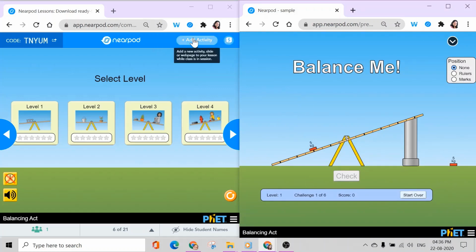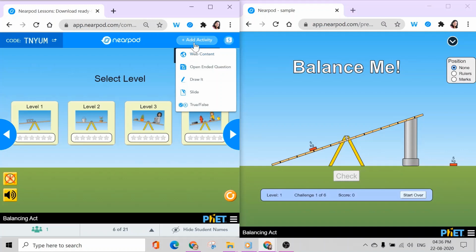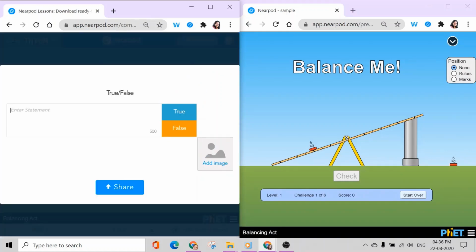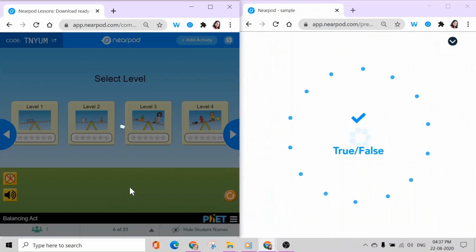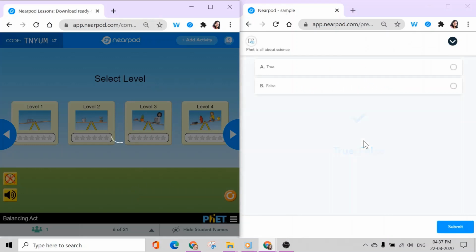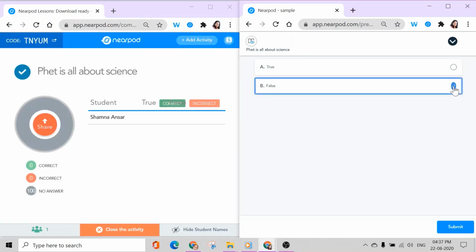That's it. If the teacher wants to add an activity in between, she has the option to do that here. A slide, a true or false question or something. The answer is true, and the teacher can share this question now so that the student gets a true or false question there. PHET is all about science. If the student gives it as false,